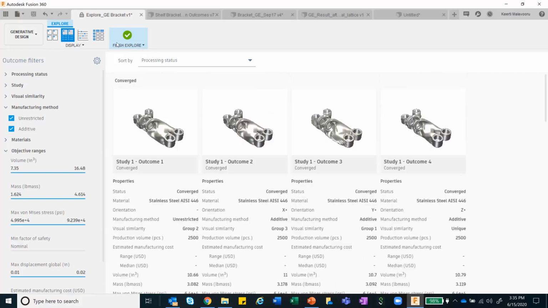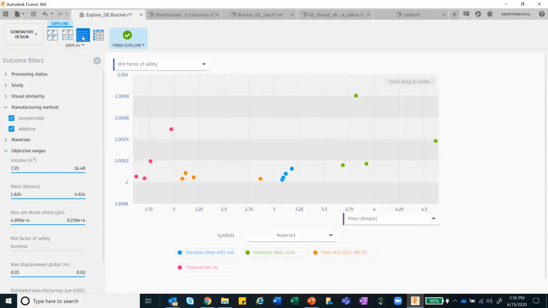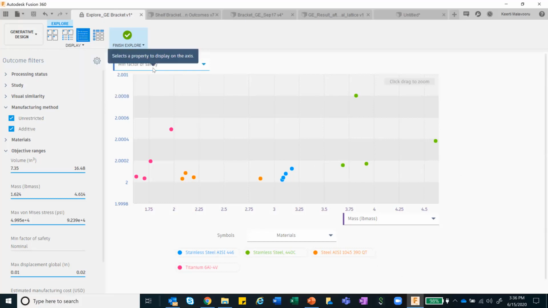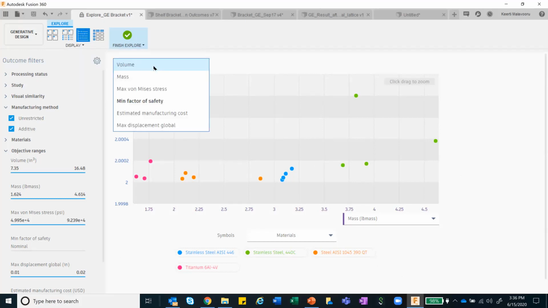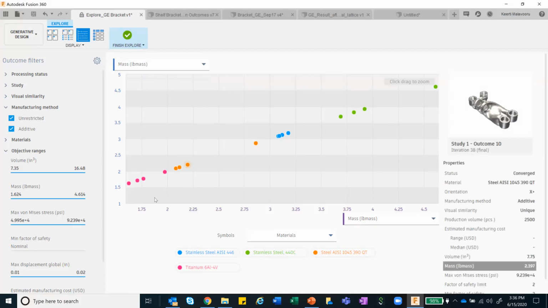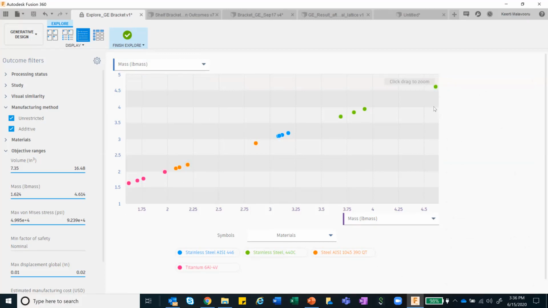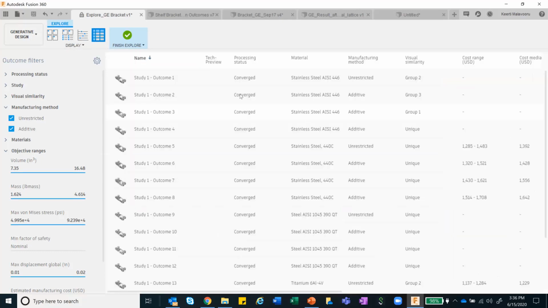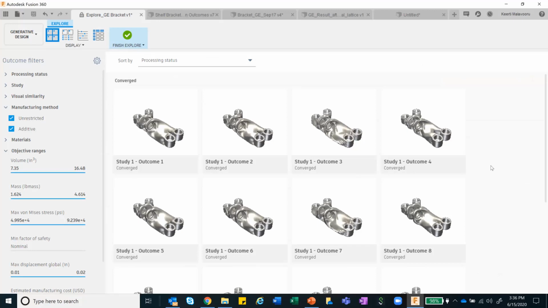So I can go ahead and see, okay, which is the one which follows within my criteria. It also has options of a scatter plot, where I can basically plot it across various different options. If I want to plot it across my mass versus material, it gives me, as the mass increases, what are all the different options that you can go ahead and select. And finally, the most commonly used, that is a tabular function, which you can go ahead and start understanding. So now let's look at a couple of these designs.